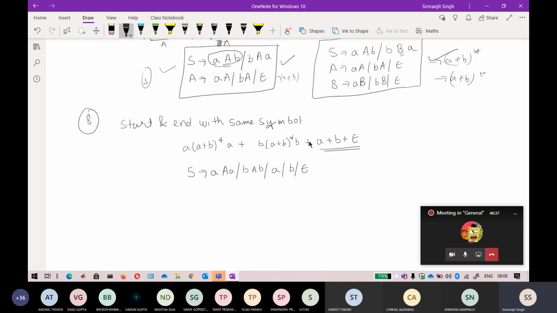Okay, so that is finished. Now just define A here. So A is A, and then there is a BA, and then there is an epsilon. Okay, so that is why I told you that (A plus B) star is mostly used in the question. It will be very easy if you understand how it is written.